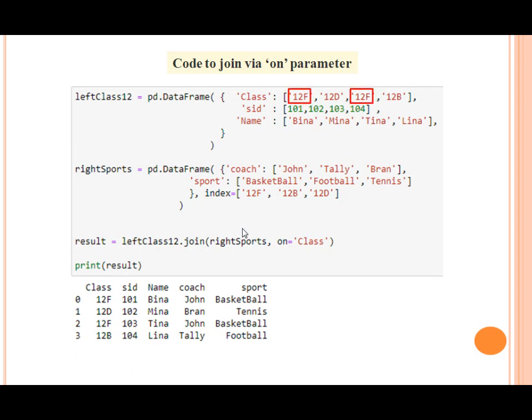See, I mention again, 12th F is present in the two values, and for the class 12th F, the coach is John and sport is basketball. So this type of linking happens in the joined data frame. Clear?